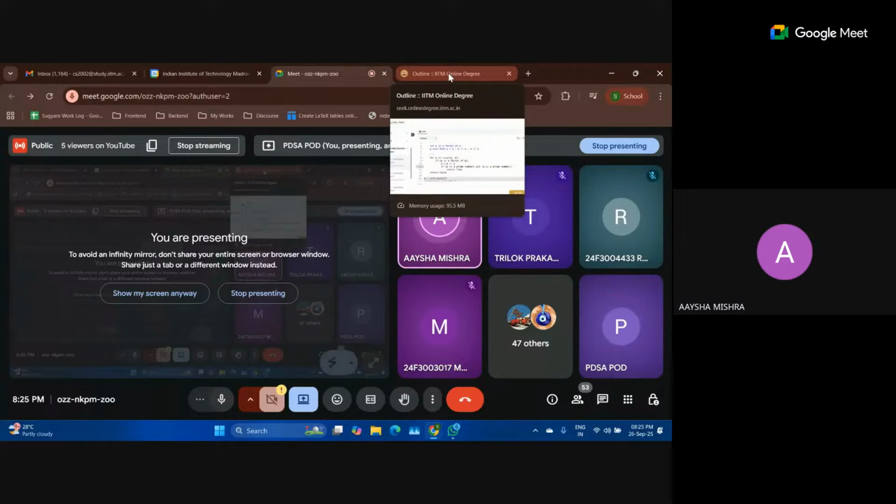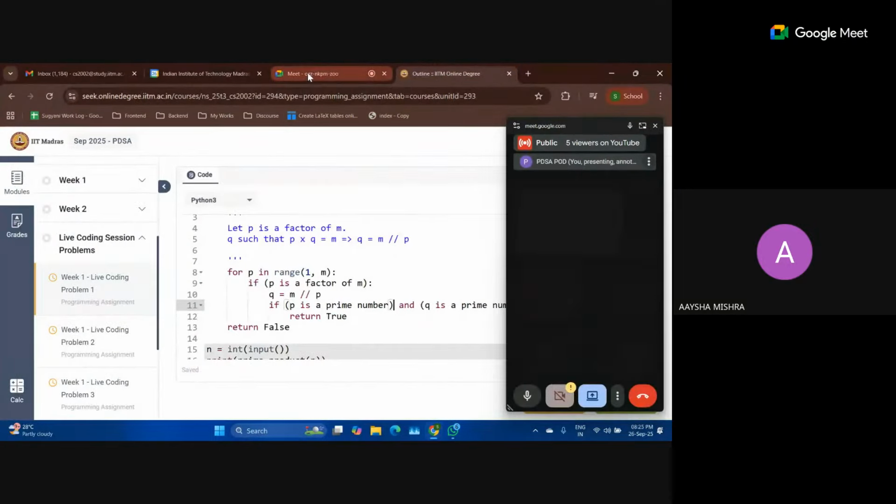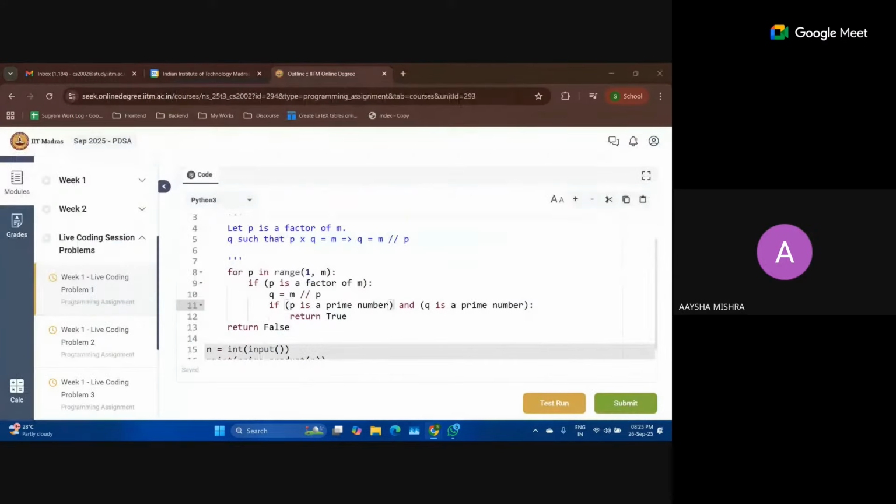Ma'am, I'm saying if we are taking one also, then every number is divisible by one, right? Yes. So that will be a factor then, no? Yes. So, ma'am, I think we should not be taking one. Why not? When you check whether 1 is a prime number or not, it will return false. So it will not execute this part.